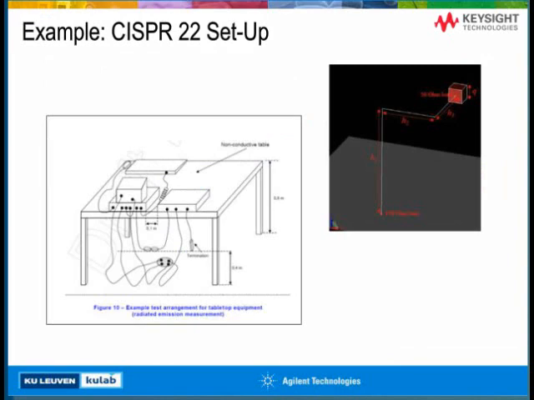We applied the same example to a more complicated setup, more representative of a typical CISPR-22 setup, where we have a device on a table about 80 centimeters above the ground plane, with the cable laying horizontally on the table and going vertically down to the ground. This is represented by a metal box representing the device under test, where we had a 50 ohm load where we tried to find the worst case induced current. The wire represents the cable, and it goes down to the ground plane, where it is terminated in a 150 ohm load.